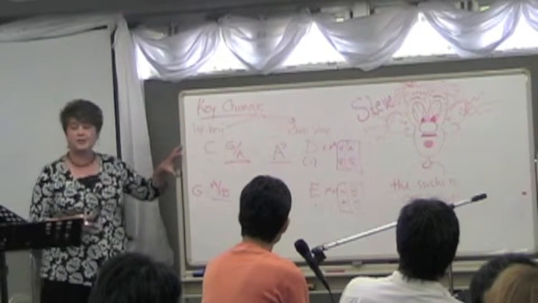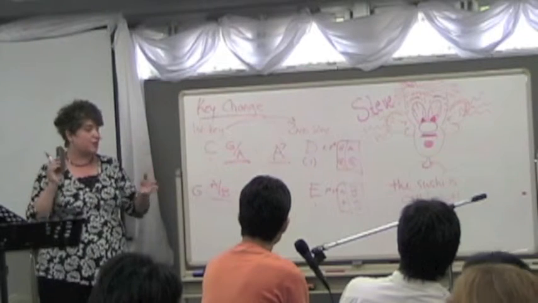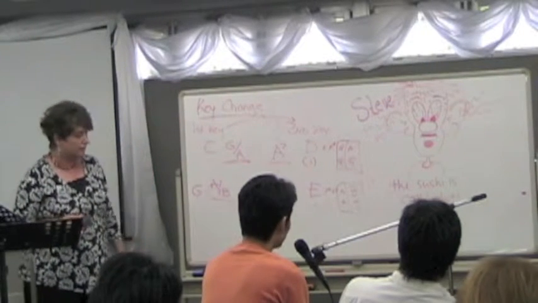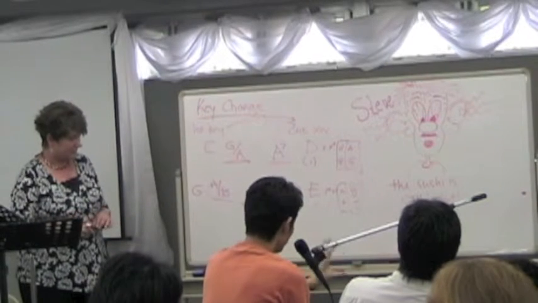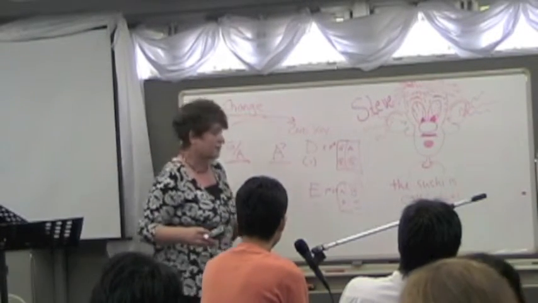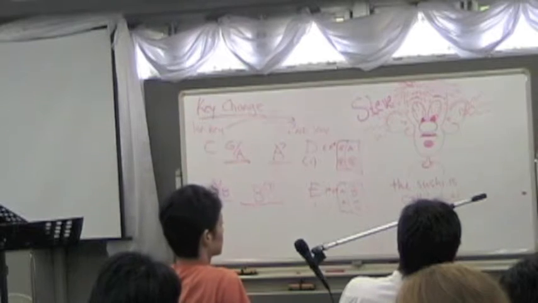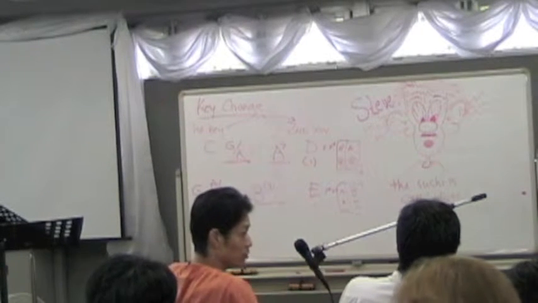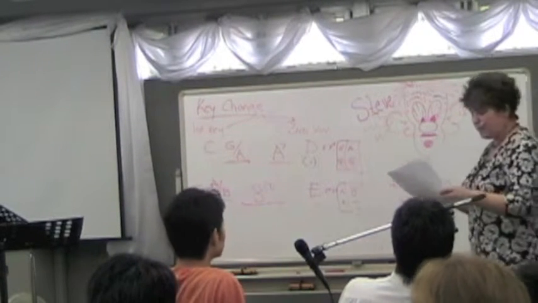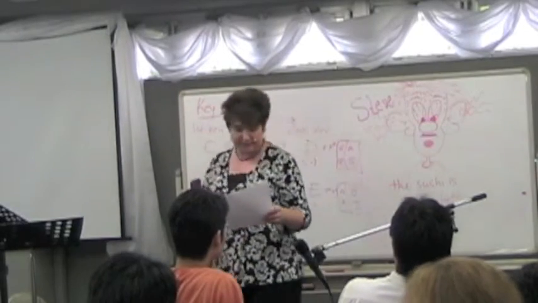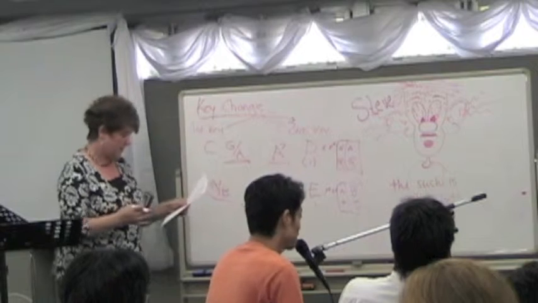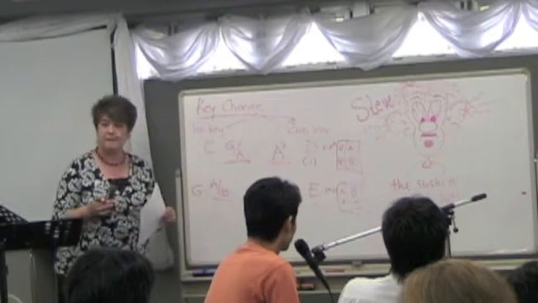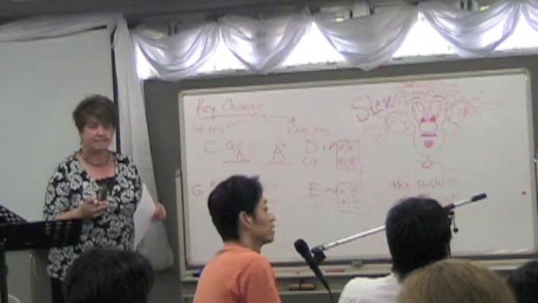So with this method, you can link any two keys together. このやり方を使えば、どんなキーの2曲であってもつなぐことができます。 Are there any questions about how to do a key change? この曲間をつなぐ、違うキーの曲をつなぐやり方に関して何かご質問はありますか？